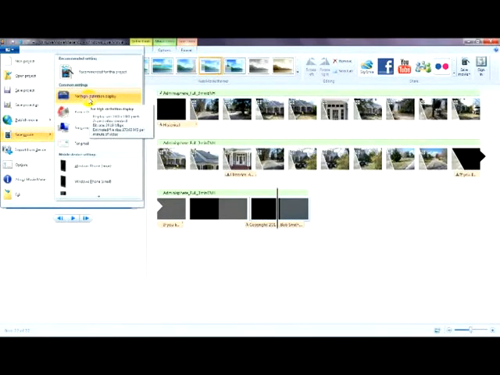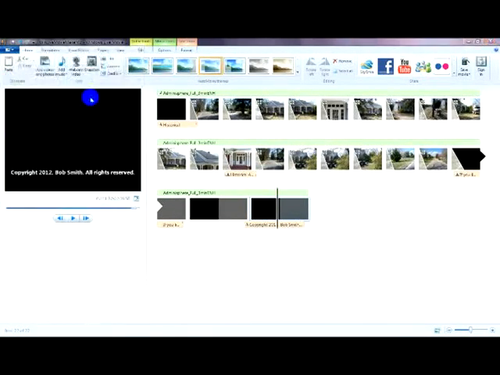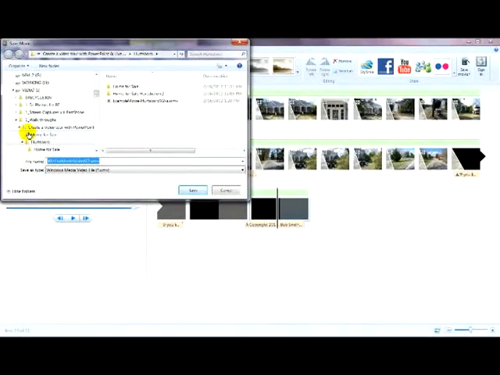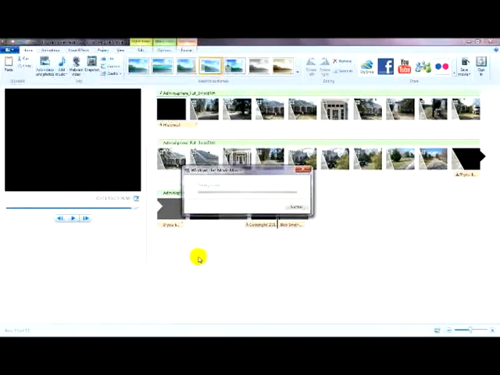You'll notice the high definition is 1440 by 1080, so that's a good size. That's about the size of a 23 inch monitor. So we're going to just click on that, and okay, get to the right folder here, and we'll just save it as that. So click save. This will take about a minute or so to complete,